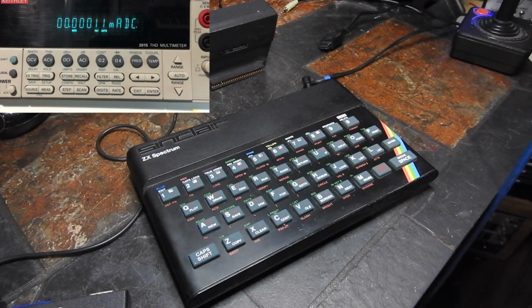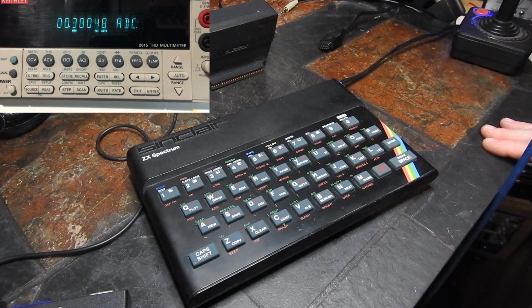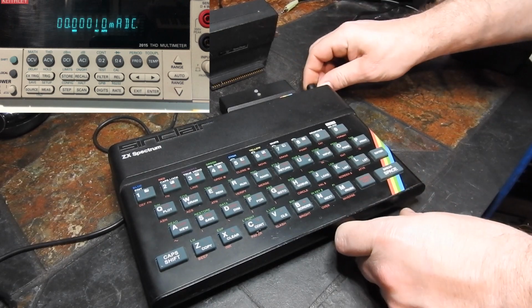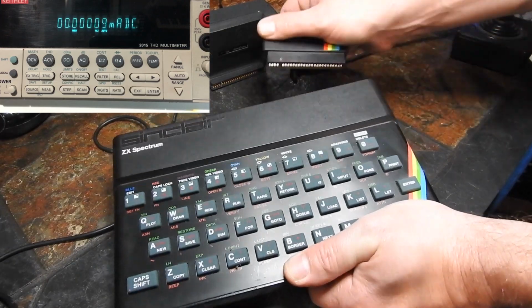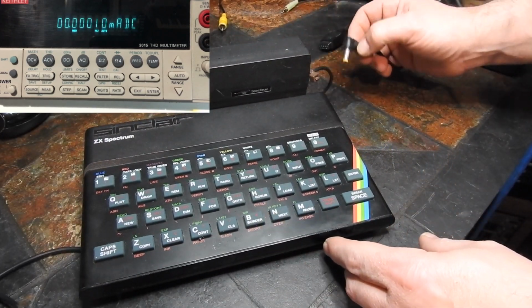And just for completion, what we'll do is we'll just test how much current everything uses with the Specdrum on its own. So if we just plug the 9 volts in, and we can see about 379 milliamps. Seems to be just settling down a little bit, 378. And the DivMMC, that's now drawing 456 milliamps. And the ZX Specdrum